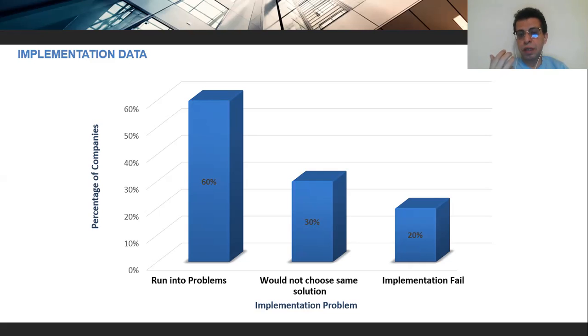And the 60%, they usually run into problems like delay in implementation, functionality not working well, a bad database, integration. All these are problems that 60% mentioned when they asked 100 people. When they asked the same 100 people, they said they also would not choose the same solution.